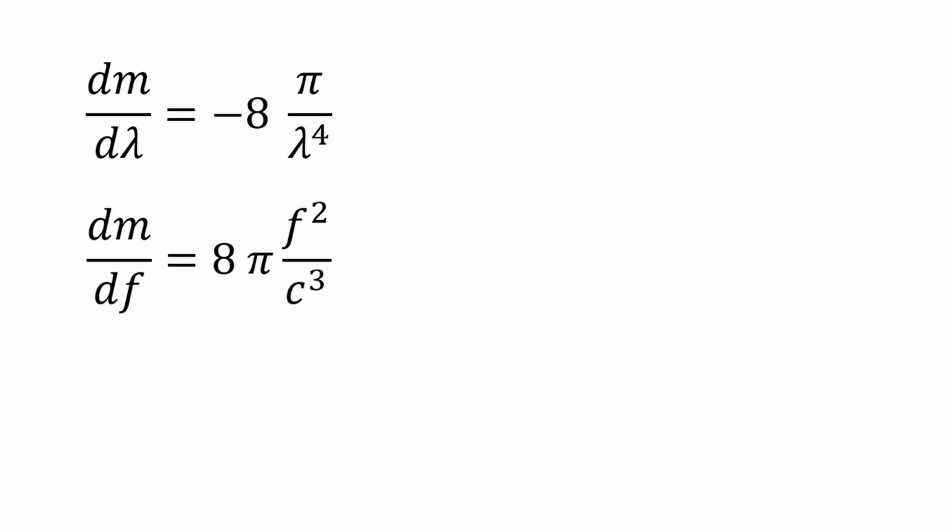Rayleigh and Jeans assumed that the waves inside the blackbody cavity are standing waves that can be decomposed into a set of standing waves vibrating in the three spatial directions. We have already seen the number of modes per cavity volume per wavelength and per frequency. If we consider that each mode is a harmonic oscillator with a potential and kinetic energy, and using the equipartition theorem, we have the energy per mode as